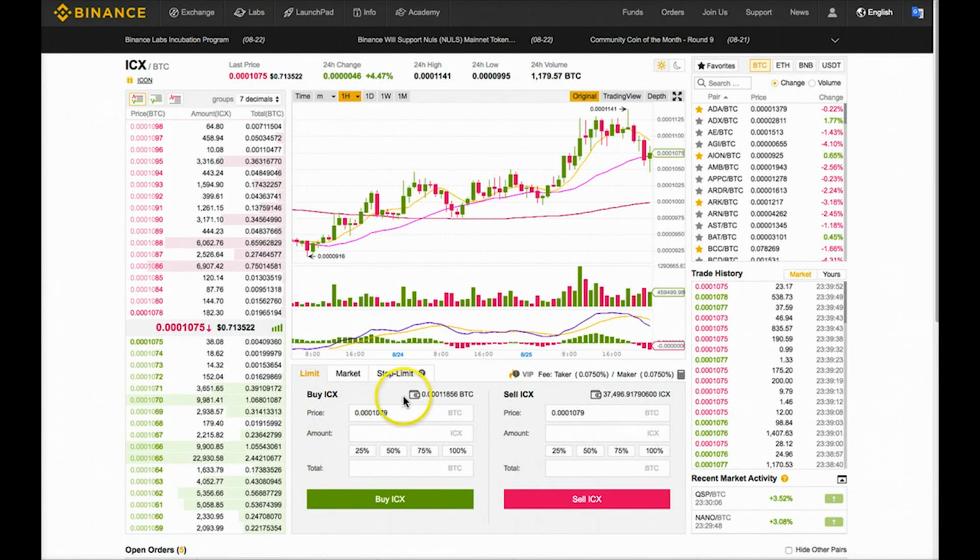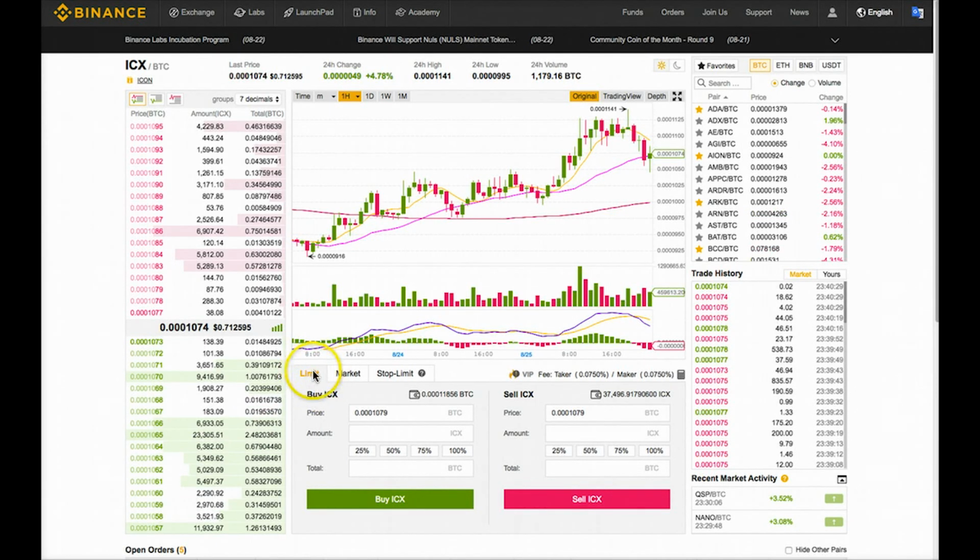Underneath the whole chart area, you have the forms that will let you buy the market, place bid or sell orders, or set stop limit orders. It will tell you what your trading fees are in the upper right hand corner. The taker fee percentage is what you're charged for a fee when you buy or sell the market. The maker percentage is what you are charged when you place a bid or sell order, and it actually gets filled by the movements of the market.